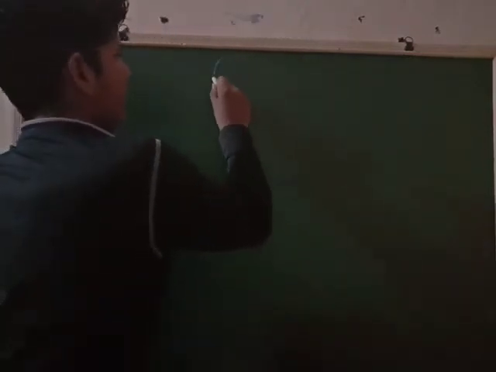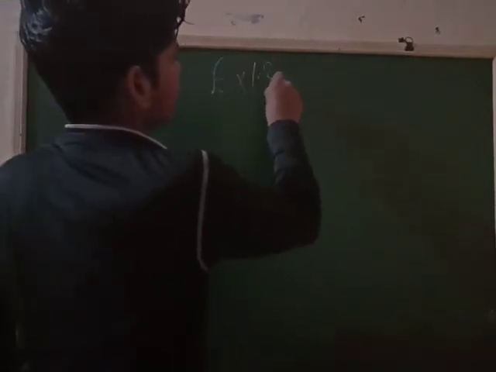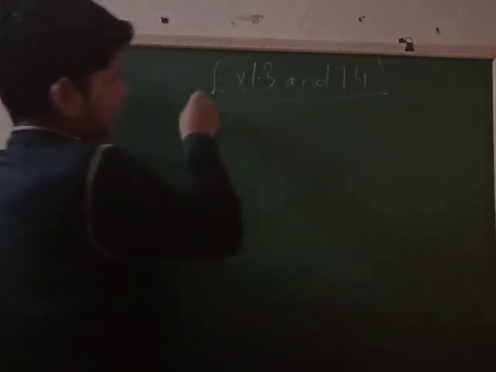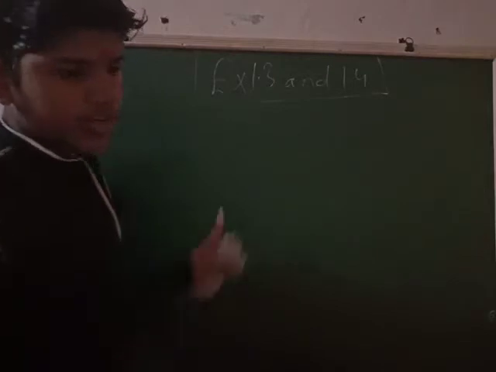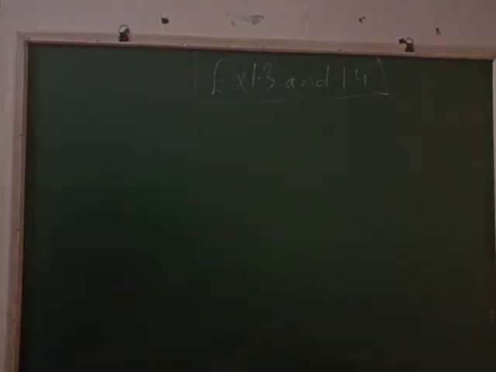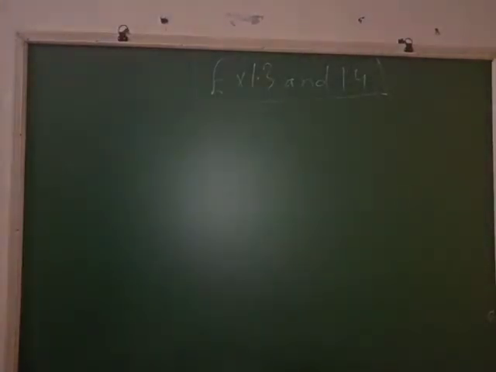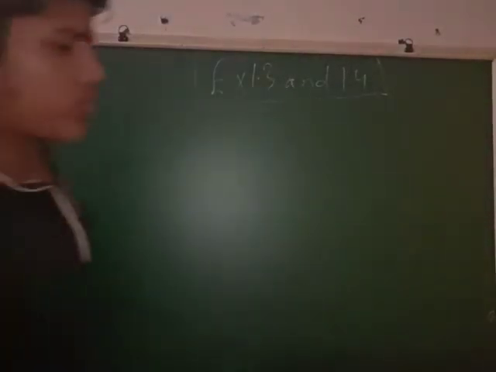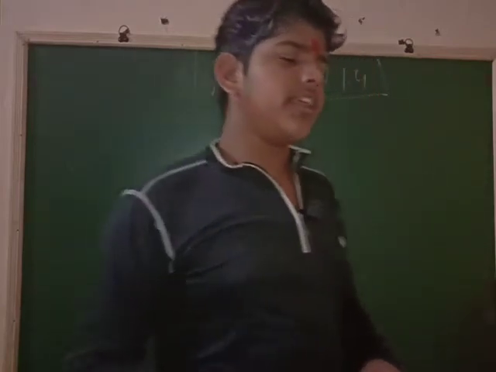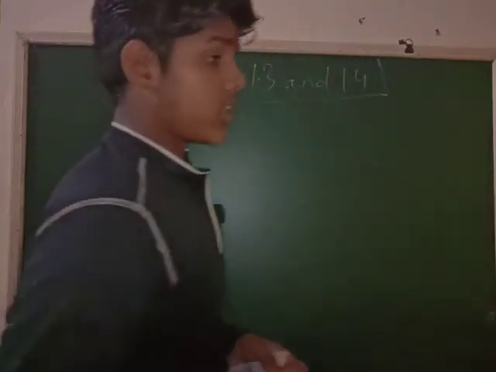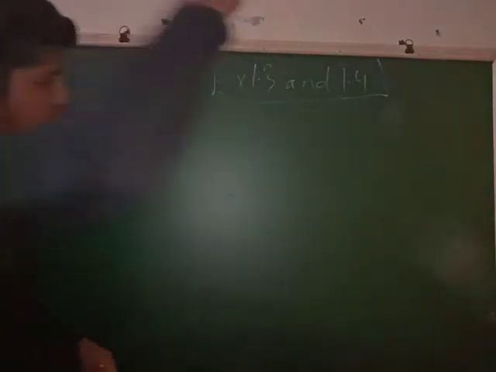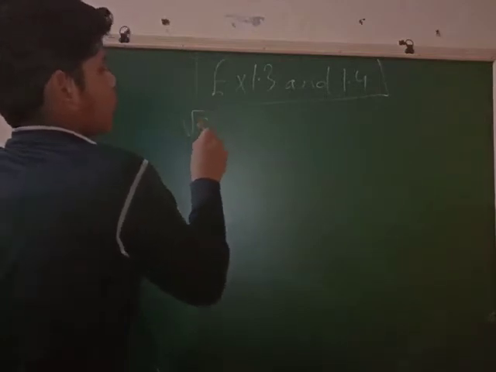Today we will be able to see exercise 1.3 and exercise 1.4 of NCERT class 10th maths. Now see, you can also read the first question here, and the question is telling that prove that root 5 is an irrational number, which generally comes for 3 marks in a CBSE board exam. Now you can write it as root 5.